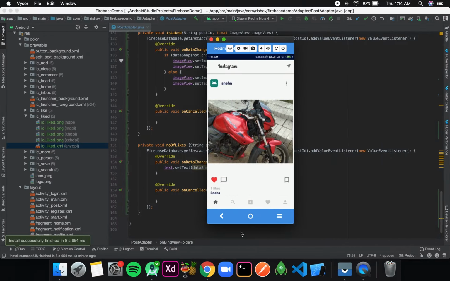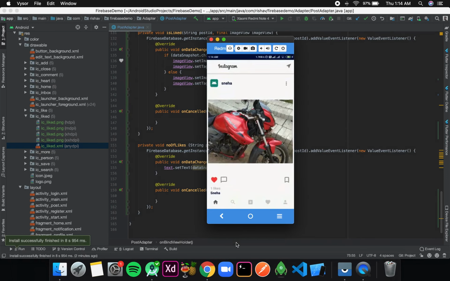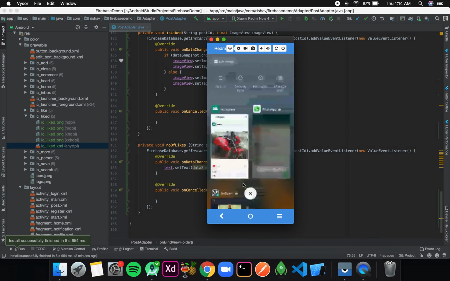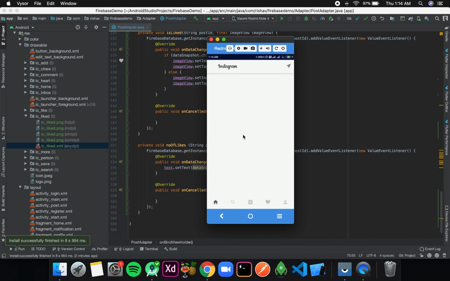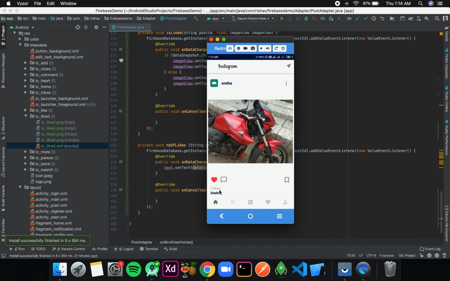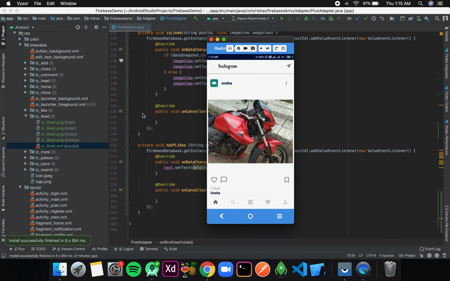Okay, and now if I close the application and open it again, so hold on for a second. If I close the application, remove the application, and now if I open it again, then you can see as soon as the image loads, it is already liked over here, and in the text it is showing 1 likes. And now if I click it again, then the red color disappears and our branch also disappears from the database. So our liking feature is working fine.